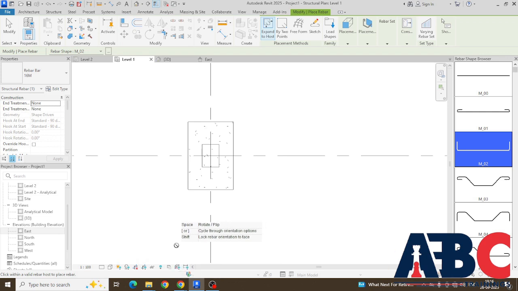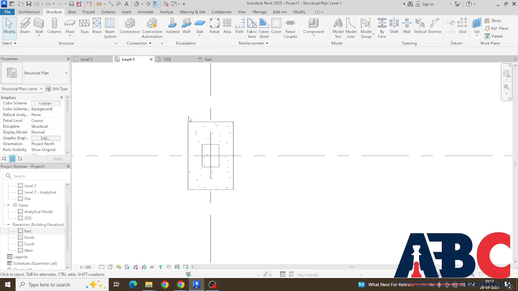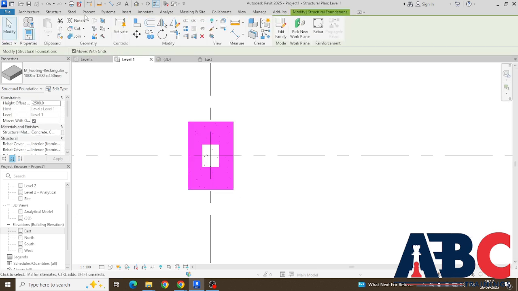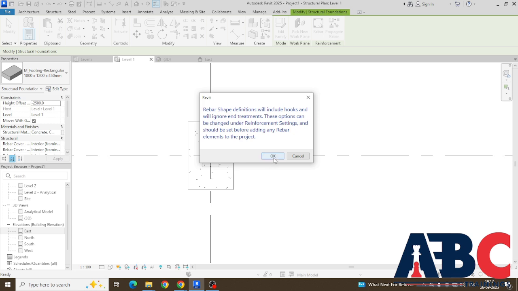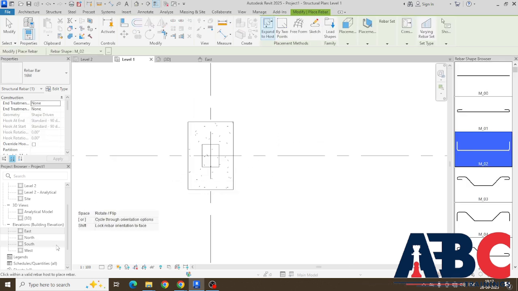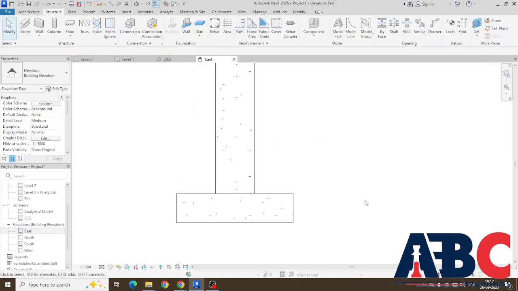Friends, in this video we are going to see how to place the reinforcement in the column and in the column footing. So now I want to place the reinforcement for this footing. I have to select this footing, go to rebar. Okay, and now I go to one of the elevations,